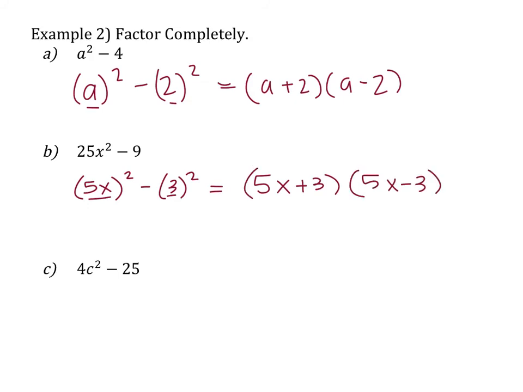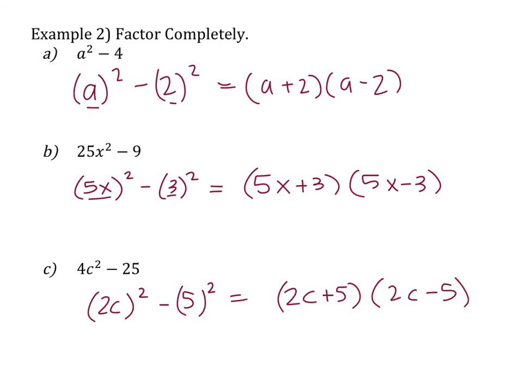(5x minus 3). 4c squared minus 25. 4c squared, I know that's going to be 2c squared minus 5 squared, which is 2c plus 5, 2c minus 5. It only works when, for these, look at this first one where you have 25x squared or